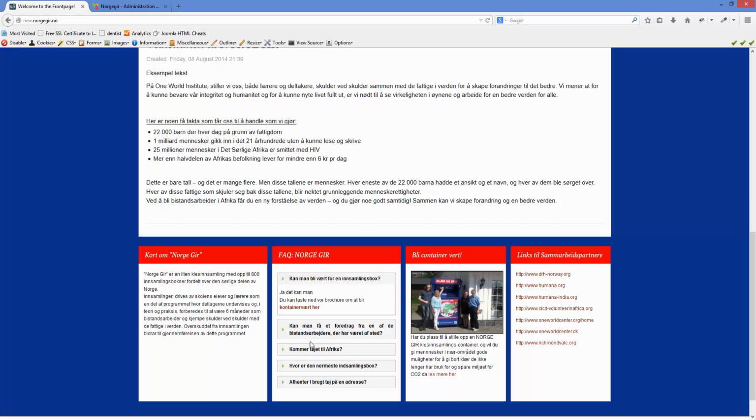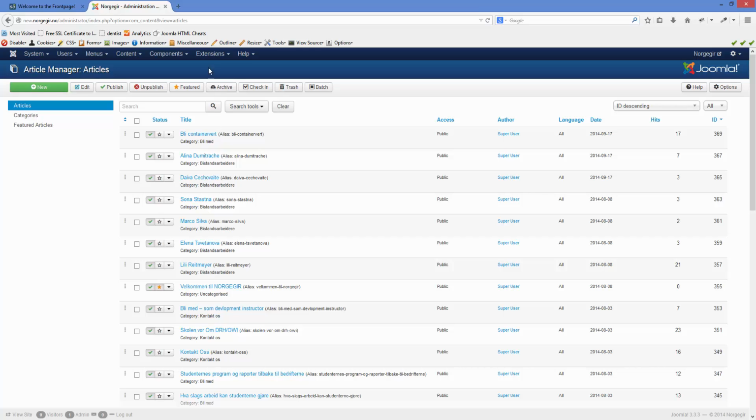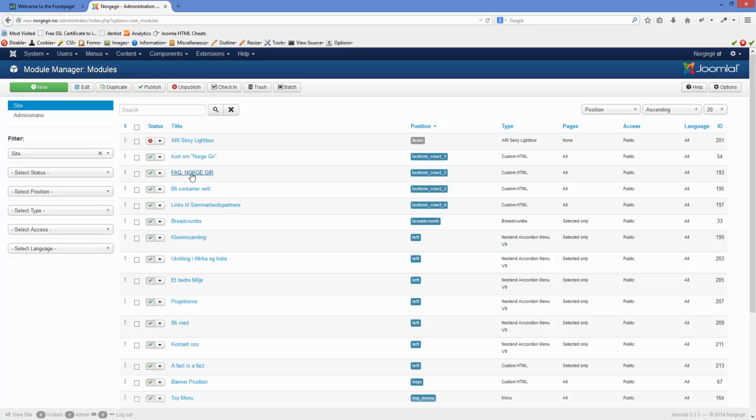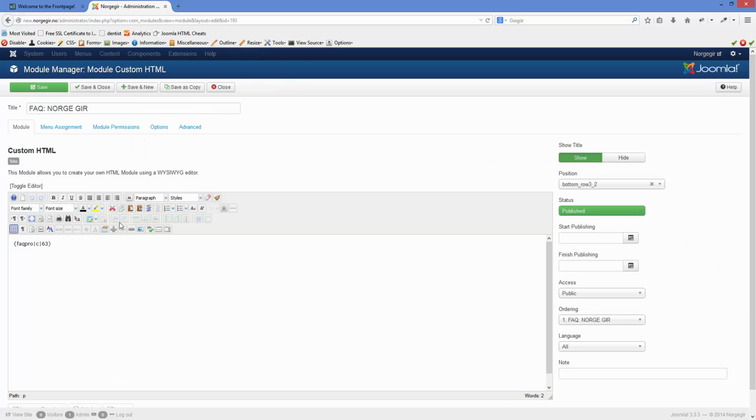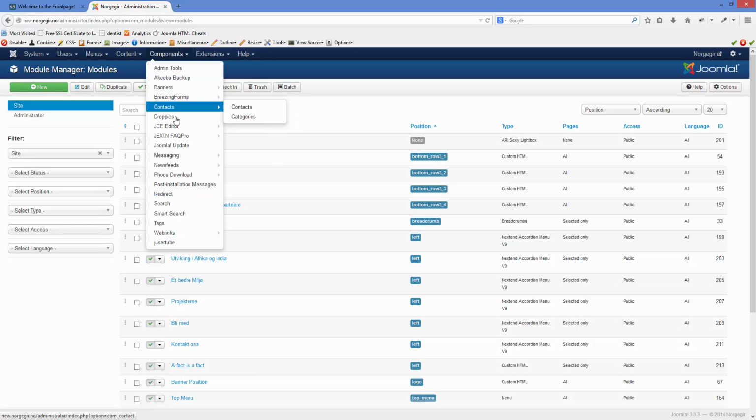Then the last thing I need to tell about is the FAQ, and I told you that was a little bit different. Again, if you go into the module manager, you can see you have a module called this. However, all what you see here is a little code, and it basically says go and get the FAQ ID 63, which is a category, and it looks a little bit complicated, but what it means is that under components, which are small programs within Joomla, you will have the FAQ Pro here,